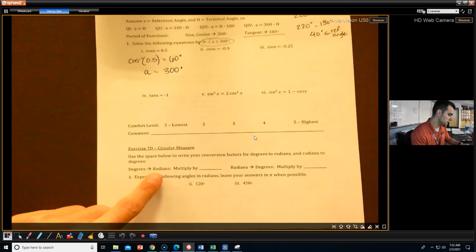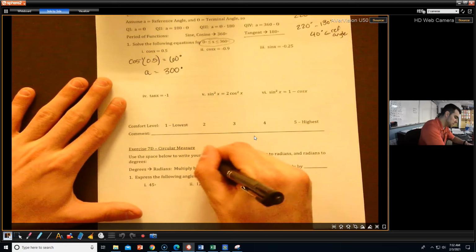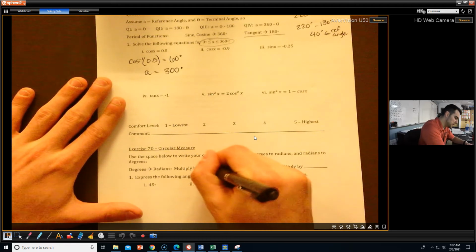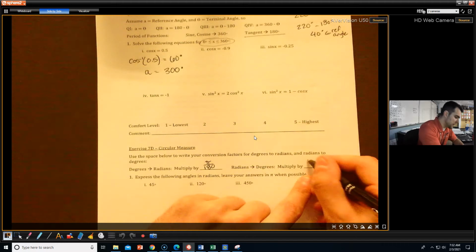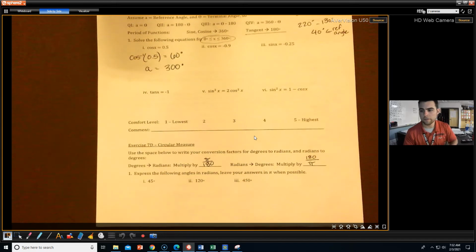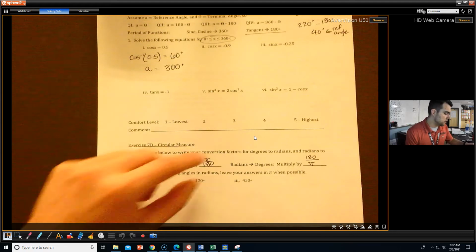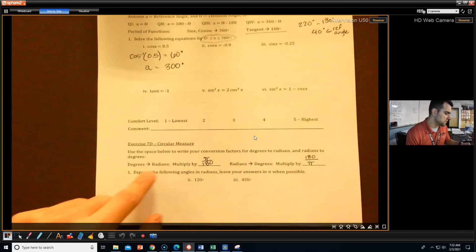If we're going degrees to radians, we're going to multiply by pi over 180. That's our conversion. And then if we're going radians to degrees, I multiply 180 over pi. There's a little confusion on this. A lot of students are saying, if they're going from degrees to radians, for example,